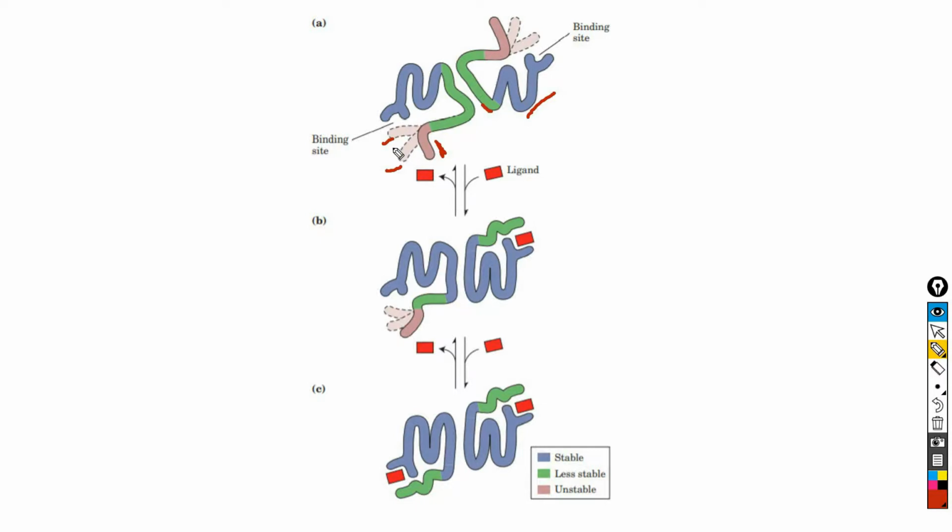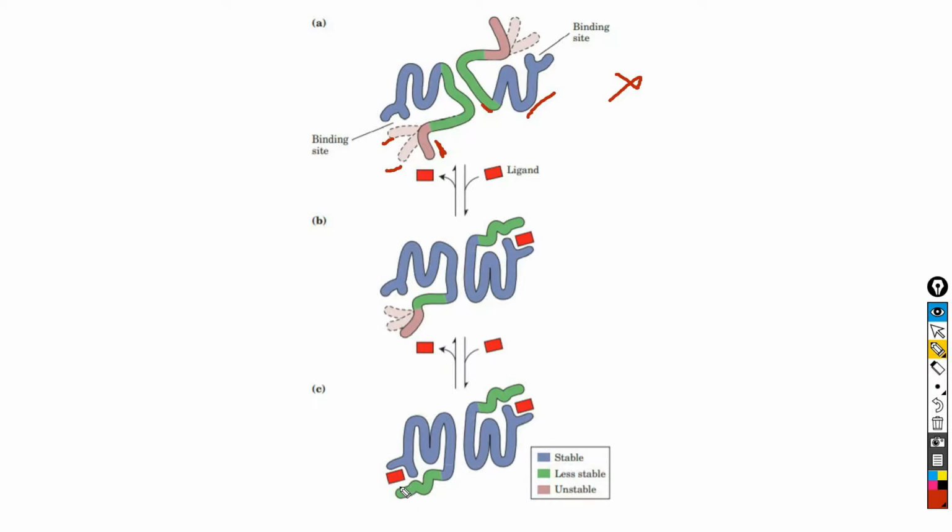So when there is no ligand, the green segments are stable in the low affinity state, and pink segments are flexible. But when ligand binds to one subunit of the protein, the binding of ligand stabilizes a high affinity conformation of the flexible segment, which is shown in the green color, and the rest of the polypeptide takes up a high affinity conformation. As you can see here, the high affinity conformation is represented in blue color, and this conformation is stabilized in the other subunit through protein-protein interaction.